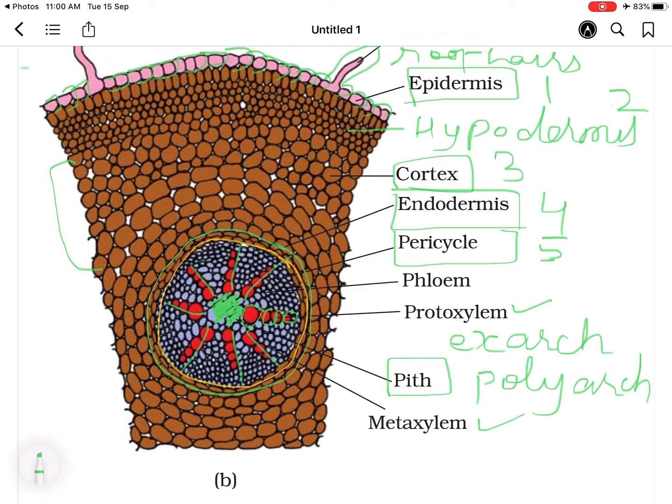So 8 bundles of xylem are present, and similarly phloem is also present in between the xylem, like here first, so phloem patch, then here, then here. So the arrangement is actually radial. The xylem and phloem are present on different radii. Okay, so this is known as radial arrangement. So these terms you should remember, and even the differentiating points between dicot and monocot root you should know, the similar points you should know, and even you will describe point wise.